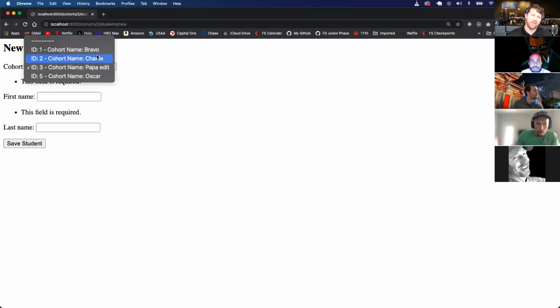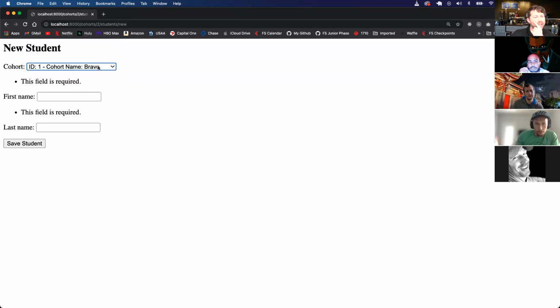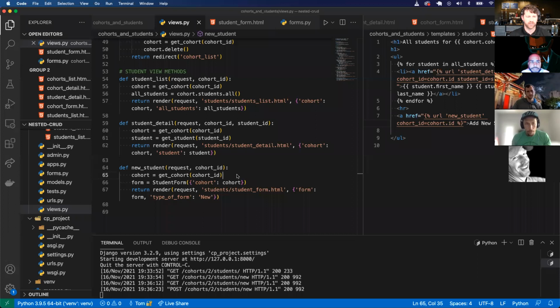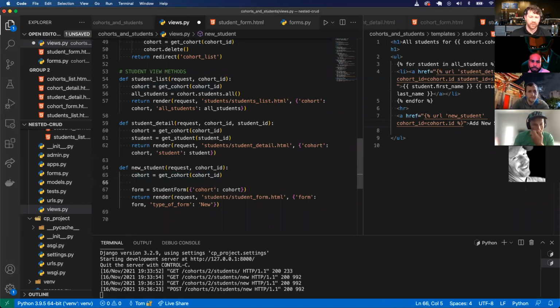For this design decision, I'll just say that they're able to edit it in here as well, even if they add it, but it'll default to the cohort they're in. So if I want a new student like Tom Reed and click save, it doesn't do anything now. But here, when I click that submit,